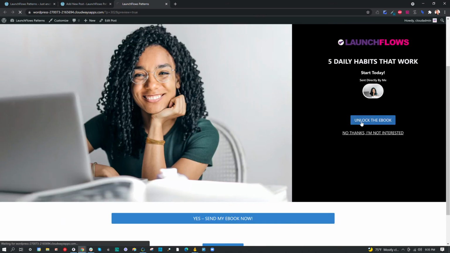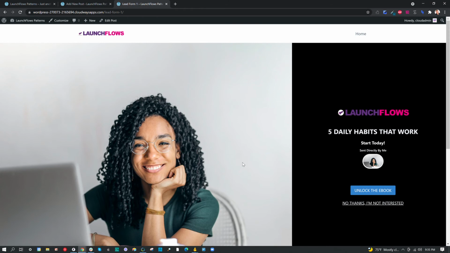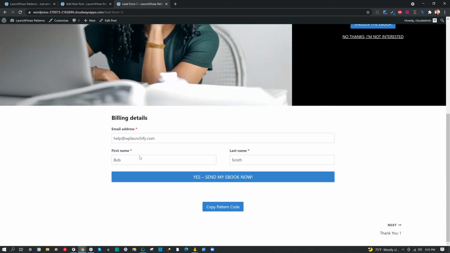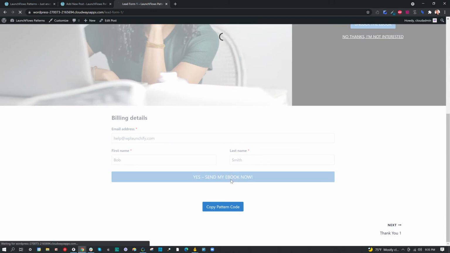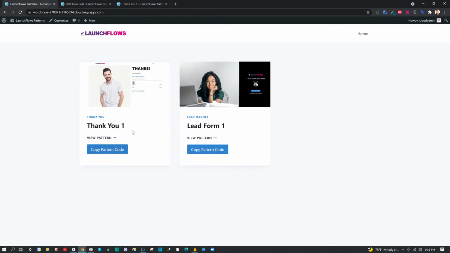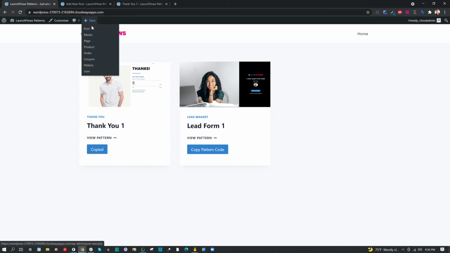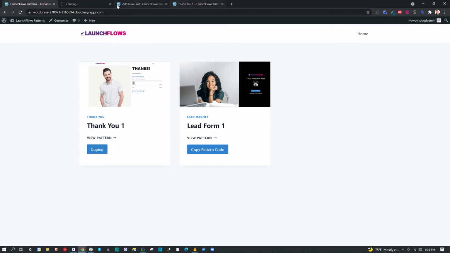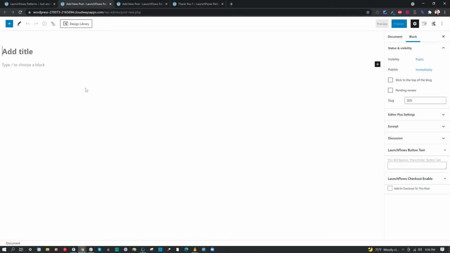So in this case, if I wanted to say yes, I want the particular offer, I can go ahead and put in an email and first name, last name, say I want it, and it will take me on to the thank you step. In this case, we've given you a thank you step that also has a number of the components that would be easy for you to use. So similarly, I could copy the pattern code and set it up on my own site, as simple as I just did for the other one,